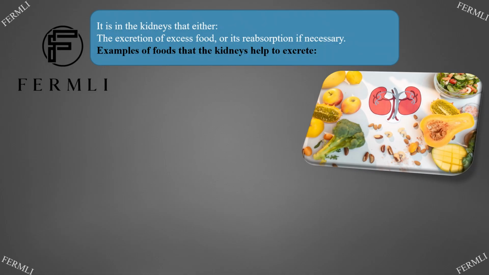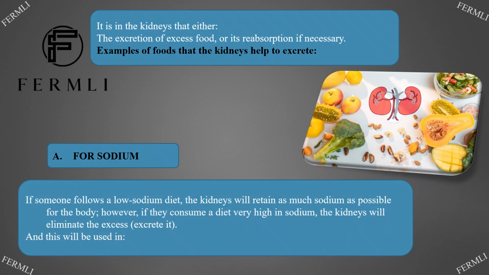It is in the kidneys that either the excretion of excess food or its reabsorption, if necessary, takes place. Examples of foods that the kidneys help to excrete: 4. Sodium. If someone follows a low-sodium diet, the kidneys will retain as much sodium as possible for the body. However, if they consume a diet very high in sodium, the kidneys will eliminate the excess, excrete it. And this will be used in